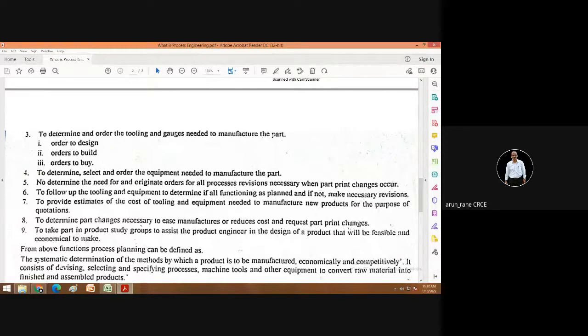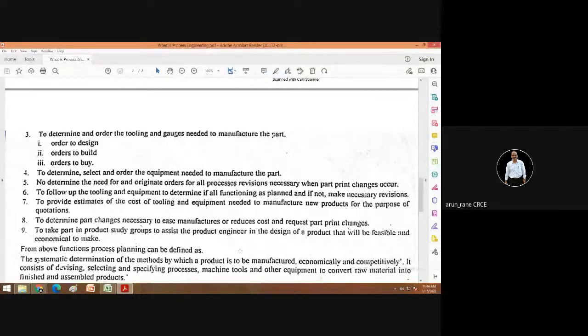So the process engineer has to decide whether the component, very first thing, you will ask the quantity. Then you will decide whether any jigs or fixtures are required. You will decide the basic process, which is the process that gives the rough shape to the component. Then you will decide upon the process plan, whether jigs and fixtures are required, what tools are required, and then